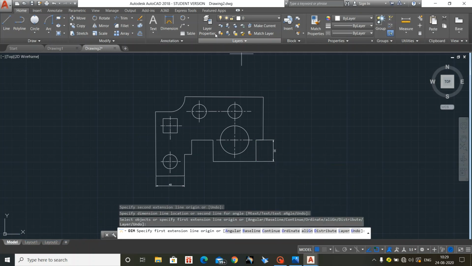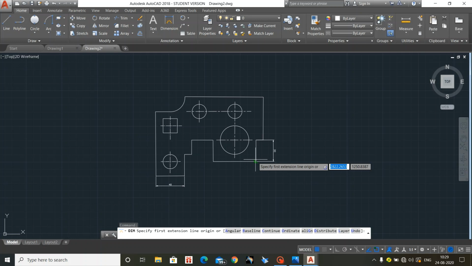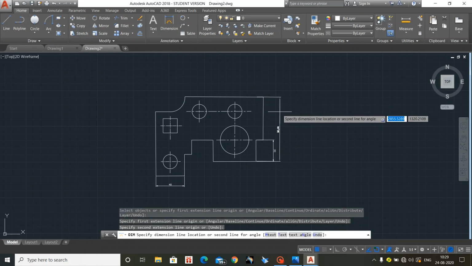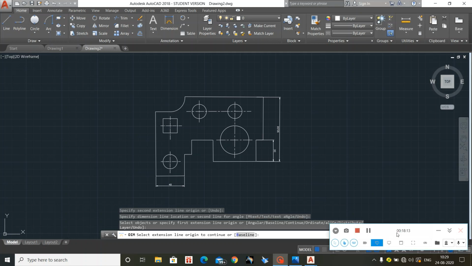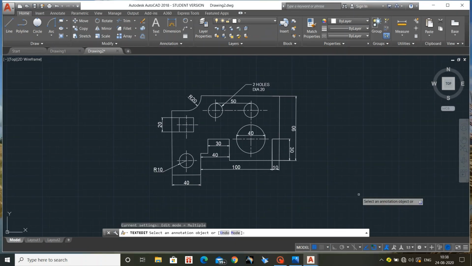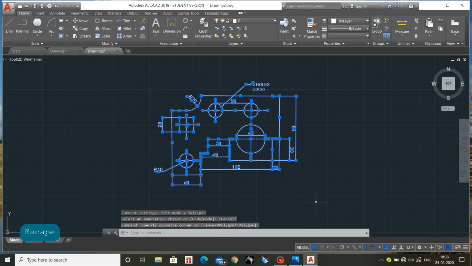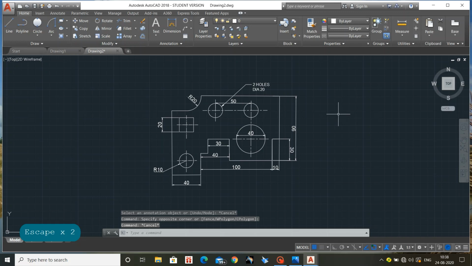So the dimensions should be aligned. It should follow isometric standards. So dimensions are done. Dimensioning is completed. So size is also visible.